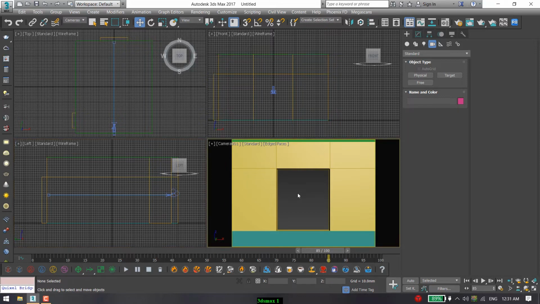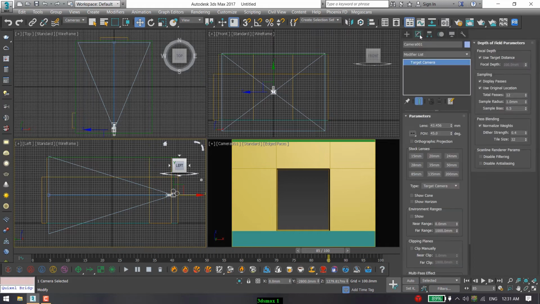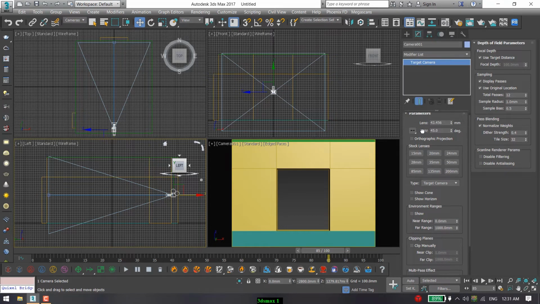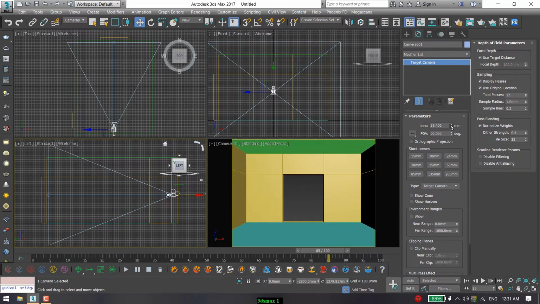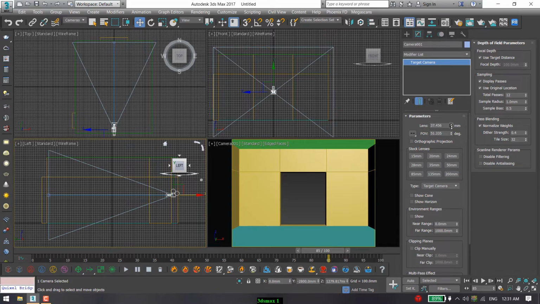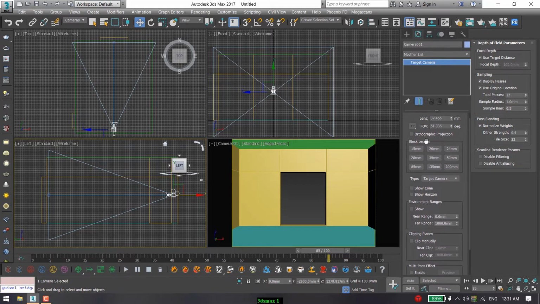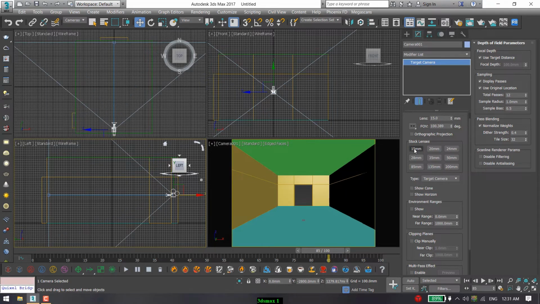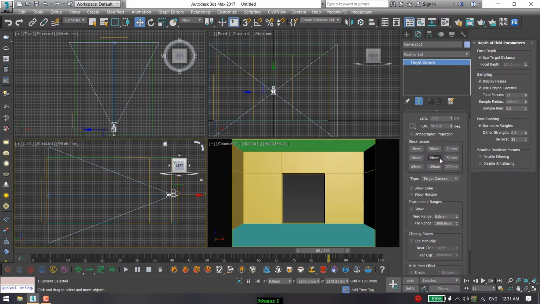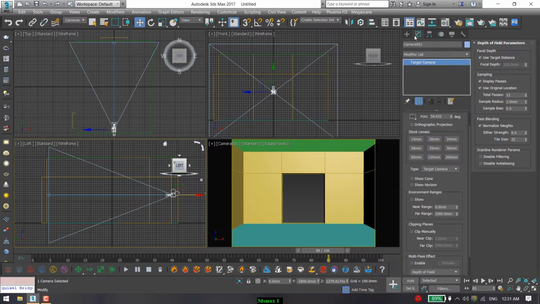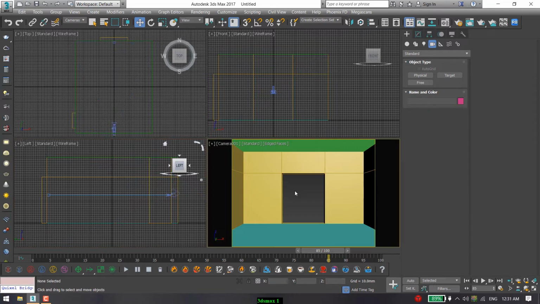But this view does not look good. So select camera, go to Modify tab, and you can see the lens. You can see that lens and FOV here, but we have presets, stock lenses. 50 mm looks very stretched. In interior scenes, use 24 to 35 mm lens. So after that,